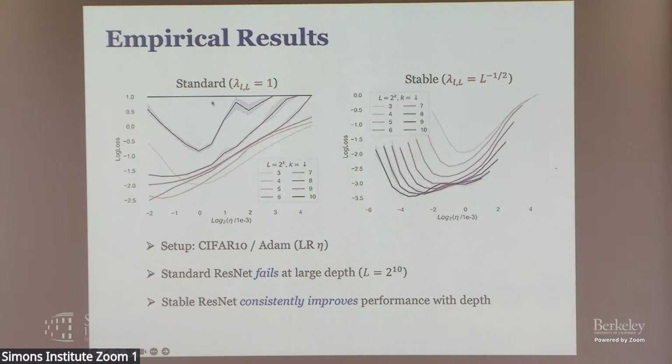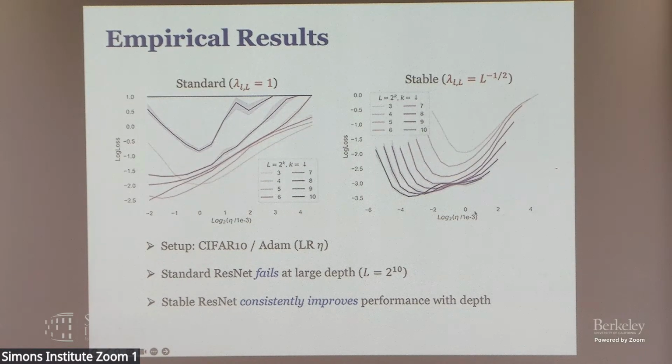As you increase depth, at some point the training completely fails, and that's really because of the numerical instability that comes with depth. Now, if you just add that 1 over square root of depth, you see that it becomes much more stable. The training loss actually improves with depth consistently. And there is one issue here that I want to mention: although with this scaling in front of the residual block we improve the loss, you can see that it consistently improves.